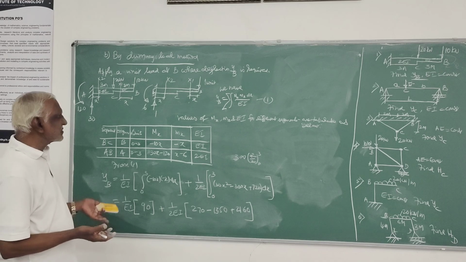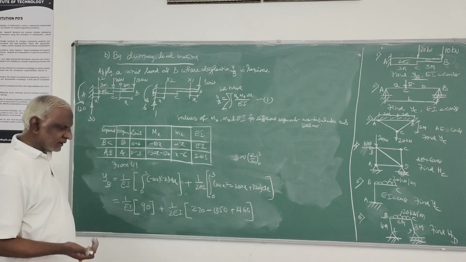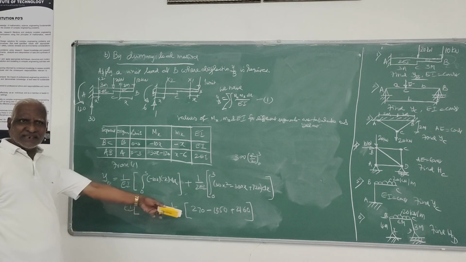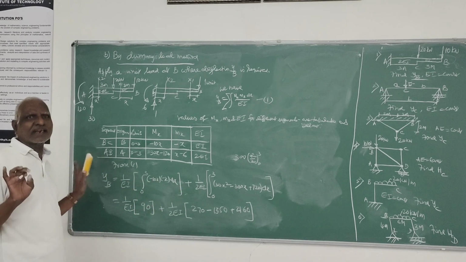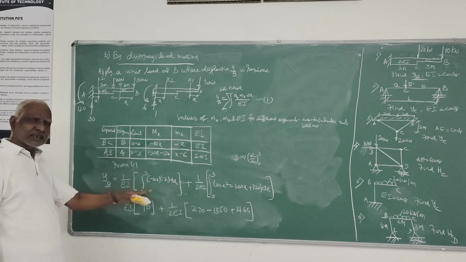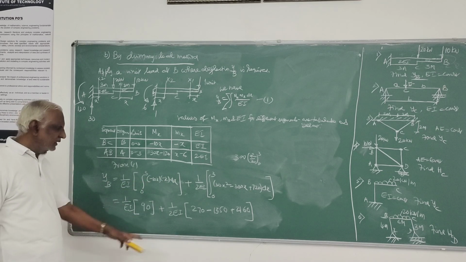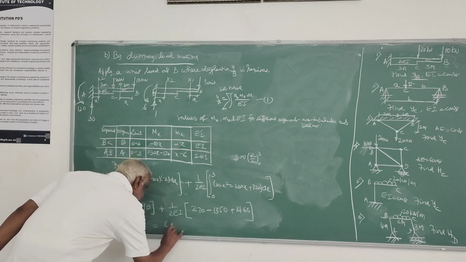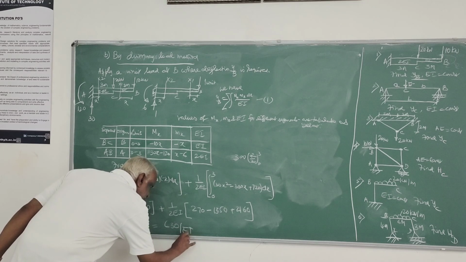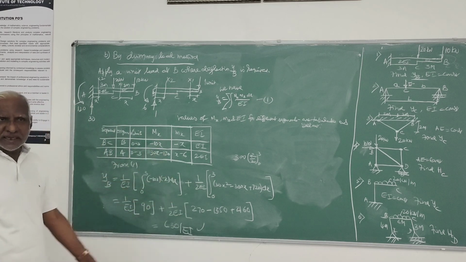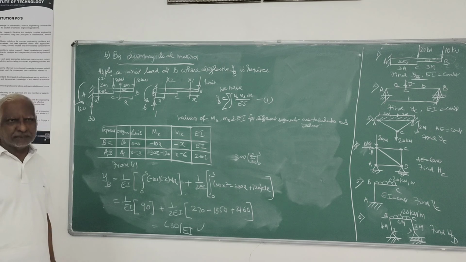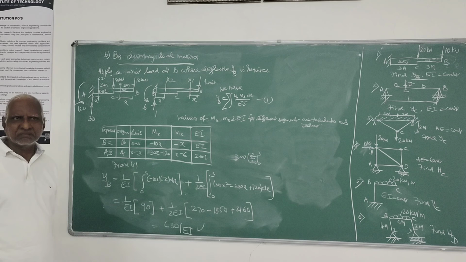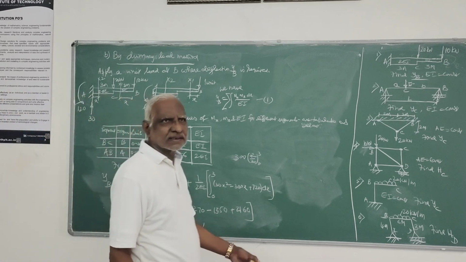Previously we got 90. That's why you have to check a little bit. You check, you have to get the same solution. Otherwise, the previous integration probably must have had an error. 30 into 3 cubed by 3, give a thought or a check to that. Revise that. 270. That's all, only the integration. Now this, I think, is 630 here. I think this is perfect. You check that particular figure integration once. There may be a slight change, plus or minus.